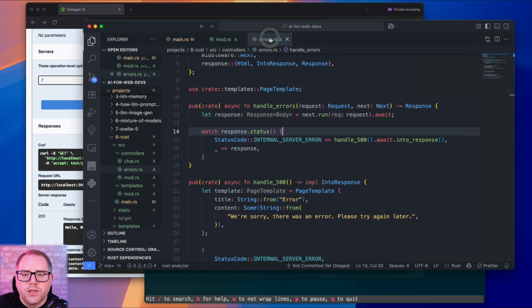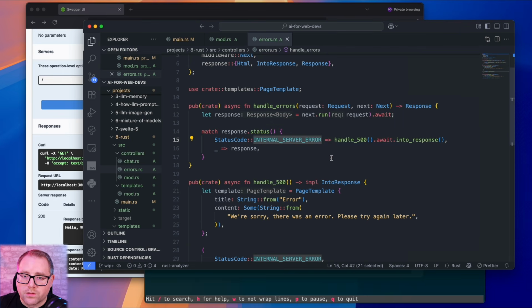Yeah, it's from Axum. And what it's going to do is get the response. It's going to check it. So if the response was an error, go ahead and handle that. In this case, 500. Handle it. We could break out other error types as well. Stay tuned. And then otherwise, just let it go about its merry way. Don't try to intercept it.